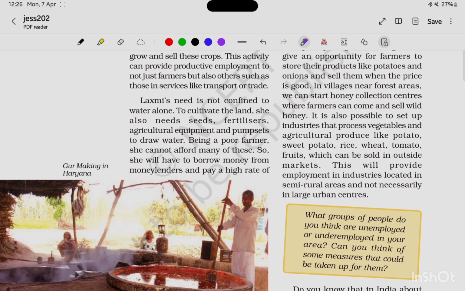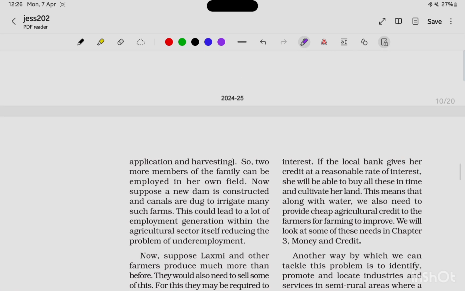Now, Lakshmi's need is not confined to water alone. To cultivate the land, she also needs seeds, fertilizers, agricultural equipment, and pump sets to draw water. Being a poor farmer, she cannot afford all of these. So she will have to borrow money from moneylenders and pay high rates of interest. If local banks give her credit at a reasonable rate of interest, she will be